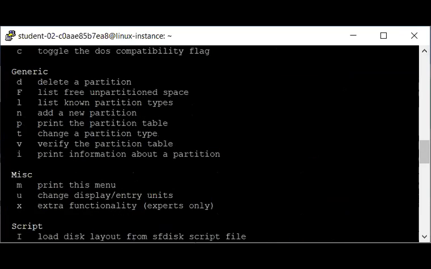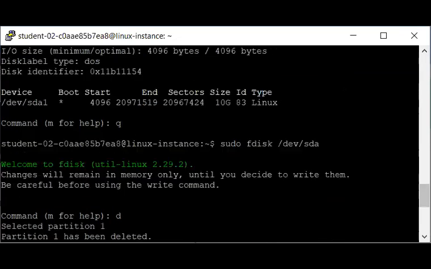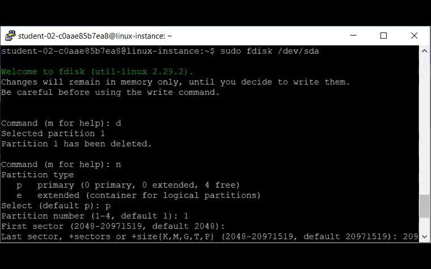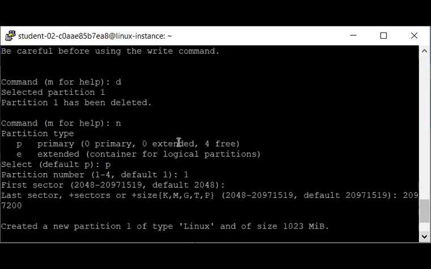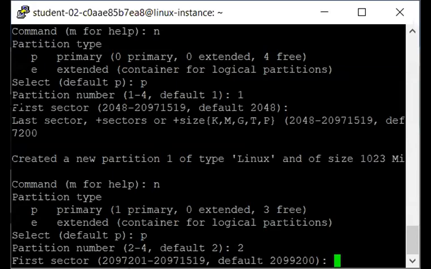Select the default partition starting sector, which is the next sector from the last partition you allocated.